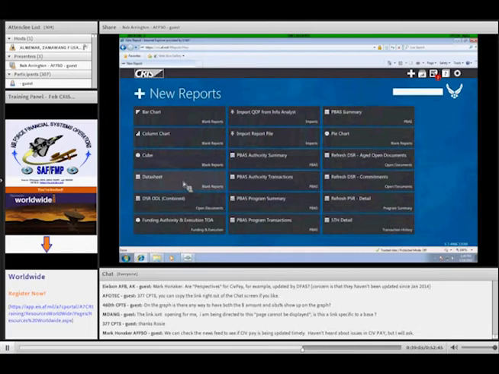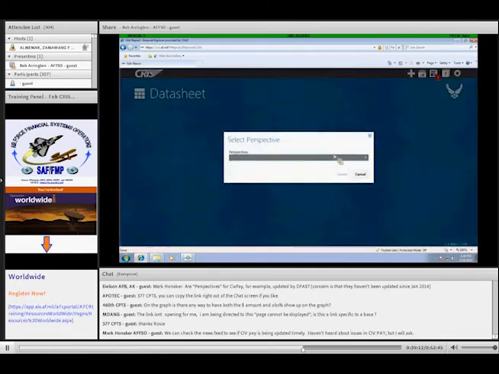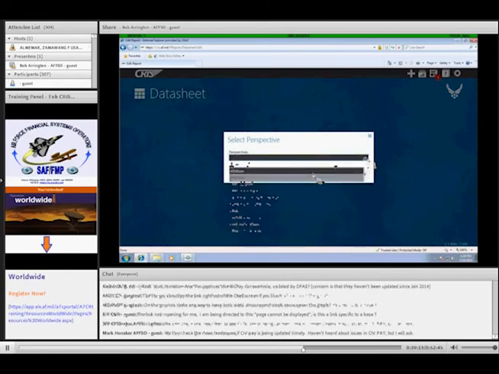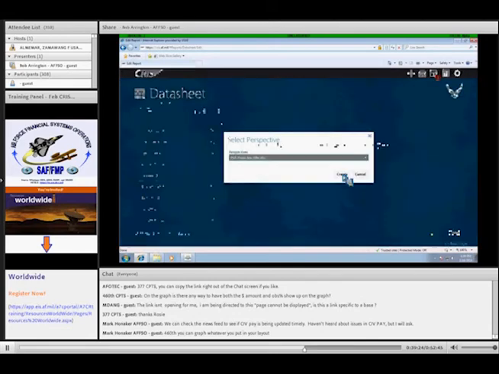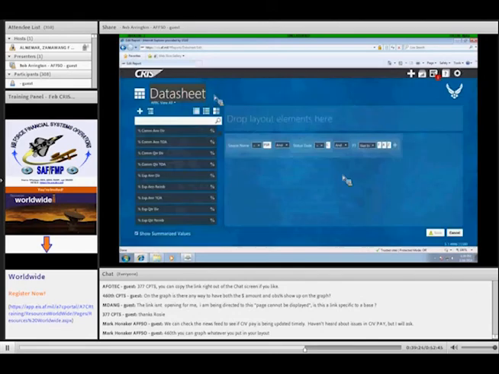So I will left-click Data Sheet tile. Have to select my perspective. I'll just pick one of the common ones, PSR. Say I was going to do my status of funds or something like that. Click Create. Give it a title up there in the top. Bob's PSR SOF for status of funds.